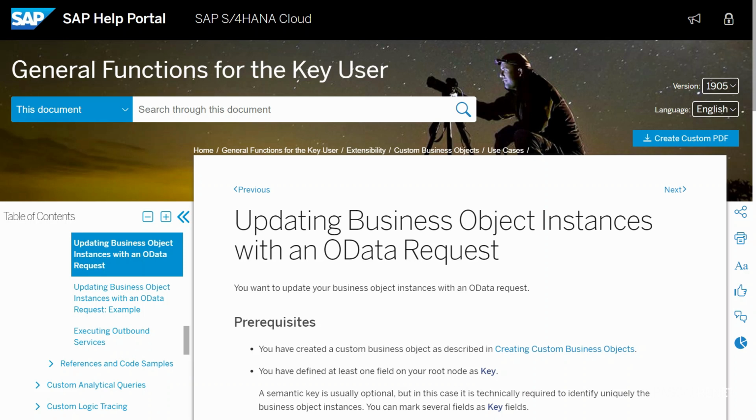However, up until recently, when you did want to update a custom business object leveraging an OData call, you first needed to figure out if the record that you were trying to push to your S/4HANA Cloud system existed or not. And the result of that answer meant that if the record did exist, then you would use the patch command in your OData request. And if the record did not exist, then you would use the post command in your